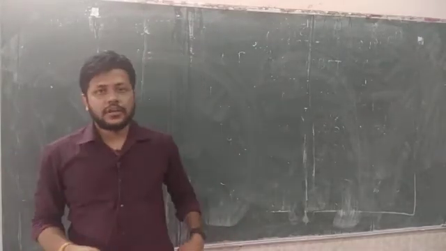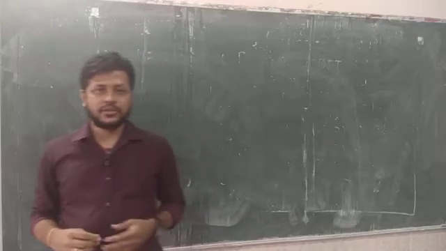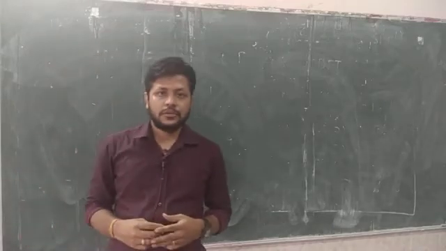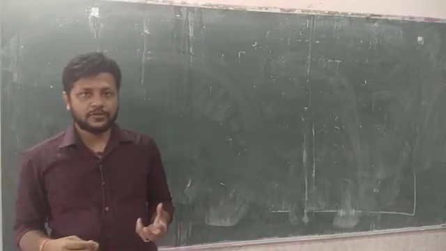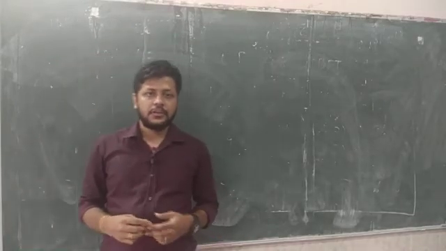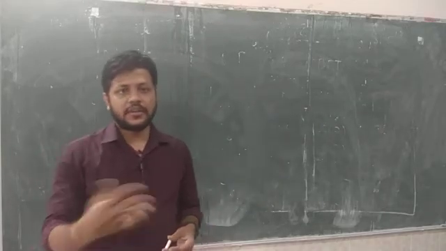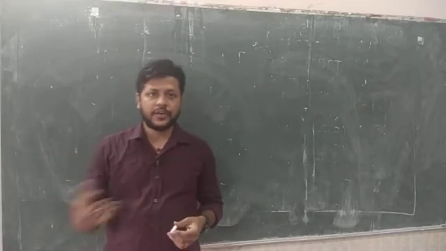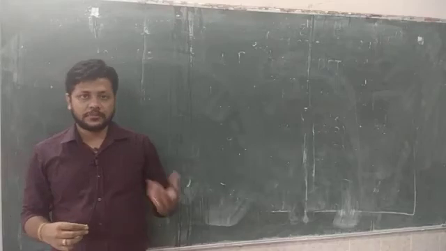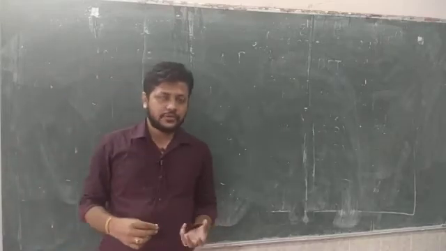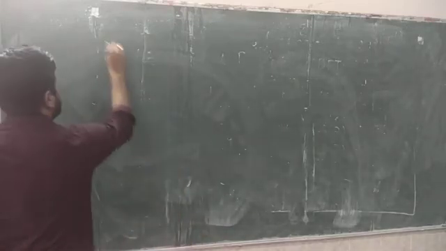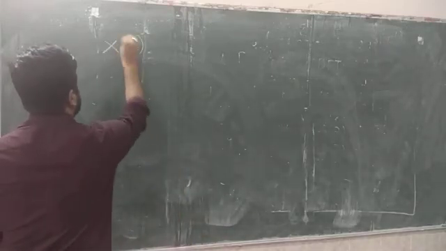So hello students. In the last class we started a new topic, that is the discrete Fourier transform. We solved one problem on how to find the 4-point DFT. That is, a signal x[n] is given in the time domain, how to find its discrete Fourier transform by using the definition that we have solved. So what is the definition for the discrete Fourier transform?